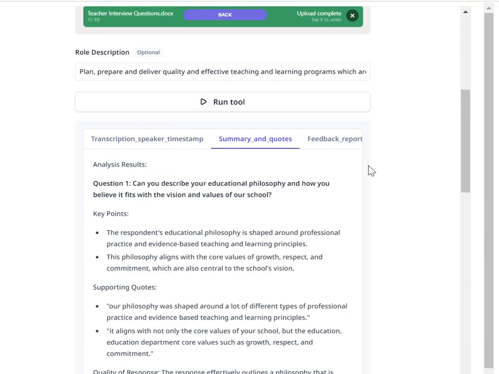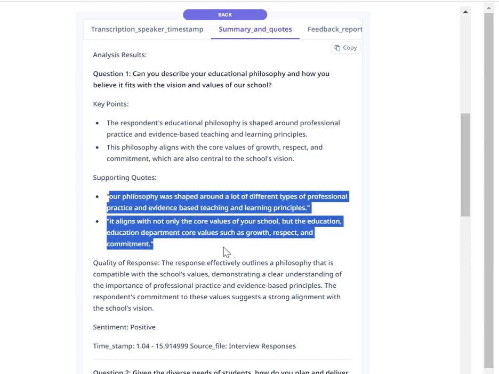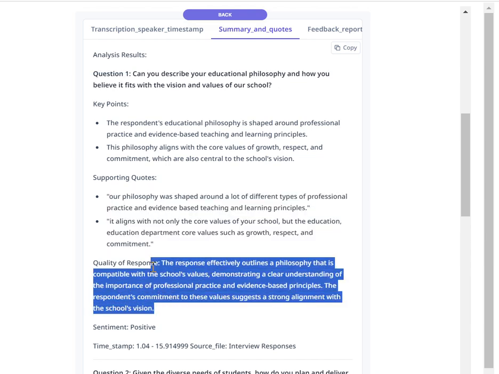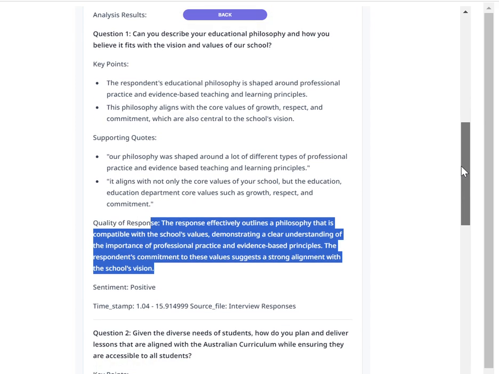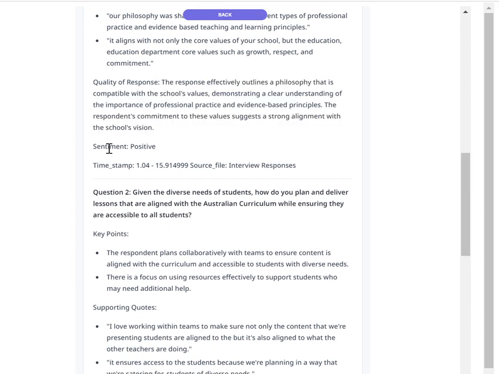We get the summary of the quotes of the person for each question. So for example, in question 1, for what my upload was, these are the key points that were projected and the quotes that came out for that, and you get a quality of the response as well with a bit of feedback on how they aligned to the role description that you've put in. The sentiment is around the projection from AI to be able to analyze the spoken text and